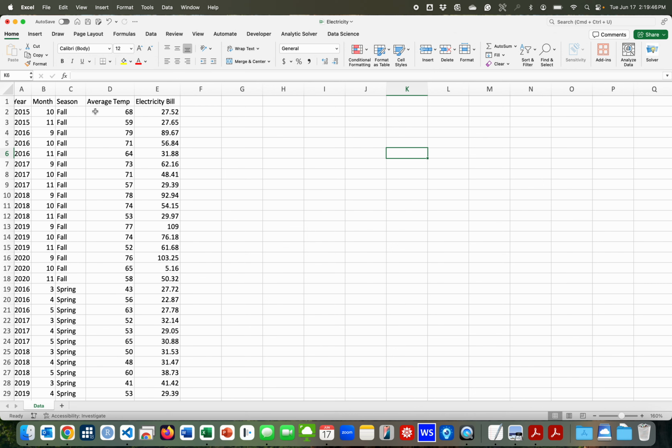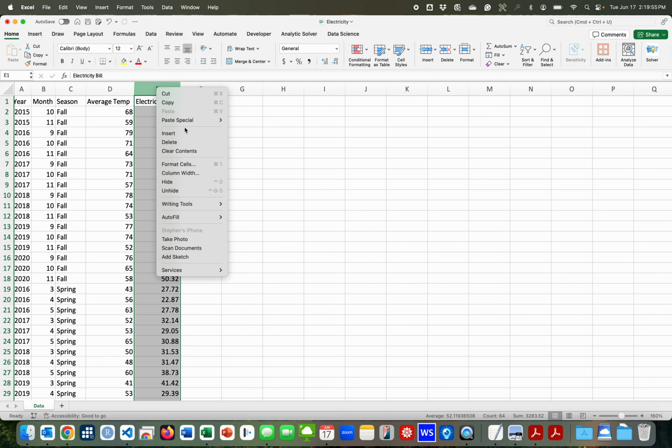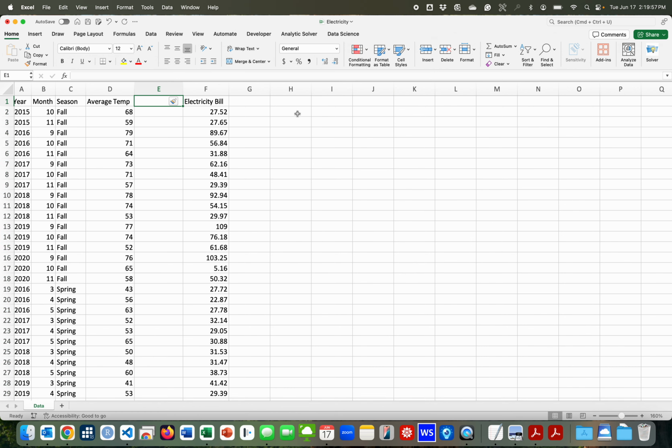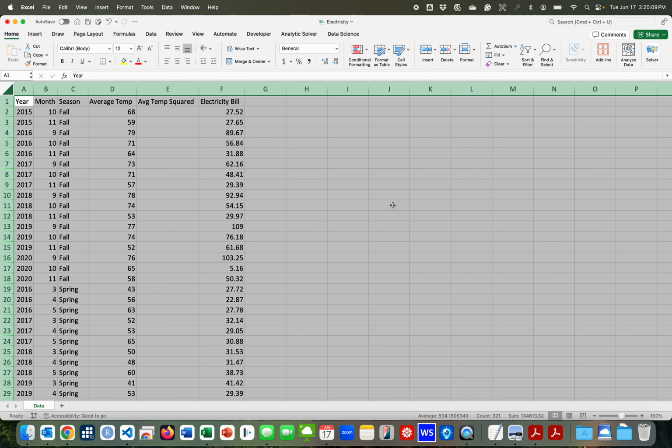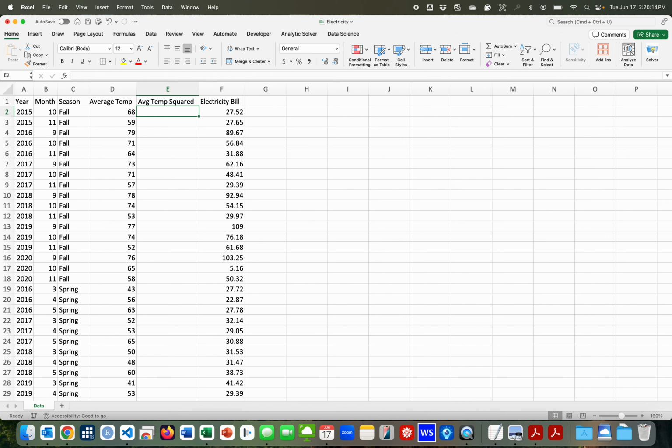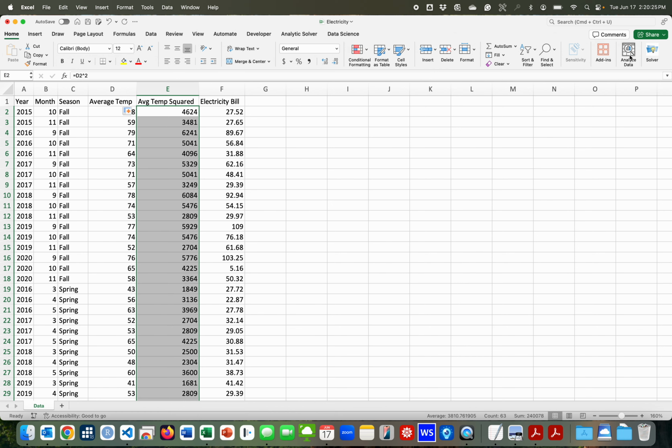So if we want to estimate the model where we have temperature and temperature squared, and again, we're just going to ignore these other terms for now, we're not going to worry about the month and the seasons, I want to insert a column right here and create another column called average temp squared. Because if we want a second degree polynomial, we have to include temperature and temperature squared in the regression. So this column right here is just going to be equal to the average temperature variable squared. So what you're going to see in column E is just the value in column D squared. And now when we estimate the regression,